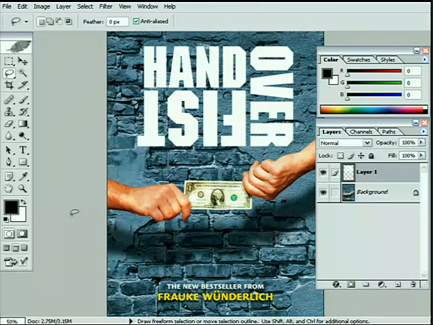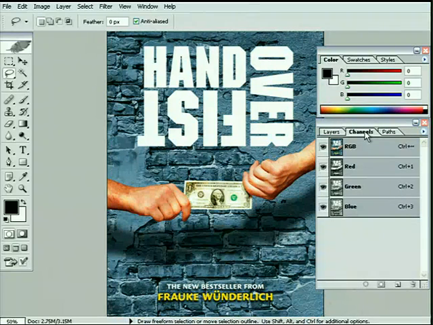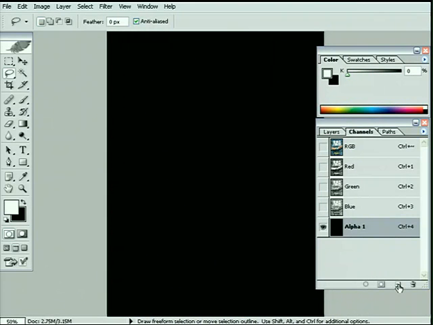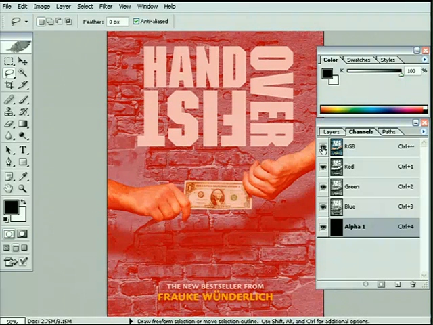Well, this is all going to be done initially through channels. So let's come over to the channels palette on the right-hand side of the screen. Come down and create yourself a brand new alpha channel at the bottom. That will obviously fill it entirely with black. So by all means, go up and turn on the visibility for the RGB channel so you can see the